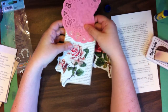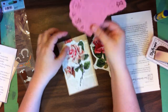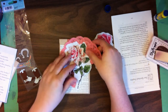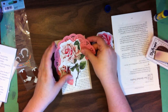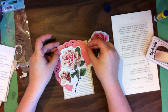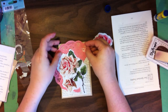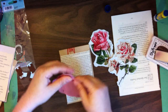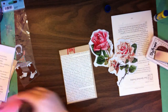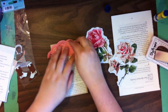Sometimes it's just what's on your desk. What if I use this pink bit? It's hard to get it the right shape, but it's something like that. Okay, let's just tear that off and see, because right now the rest of this is distracting me. Okay, so if we did that,